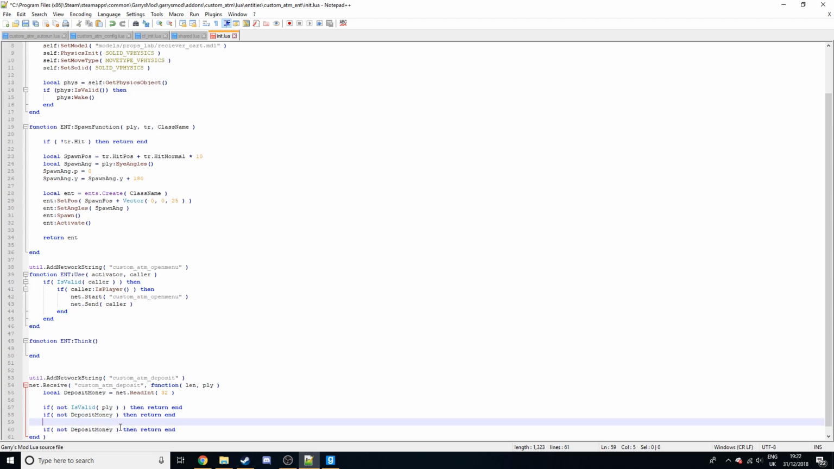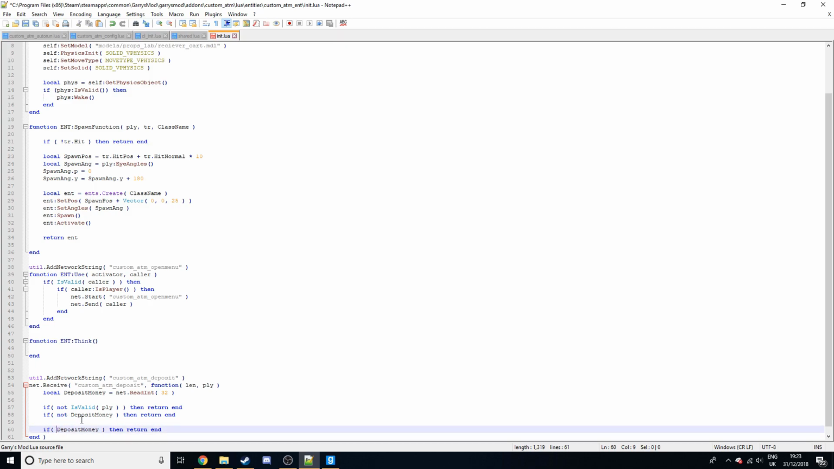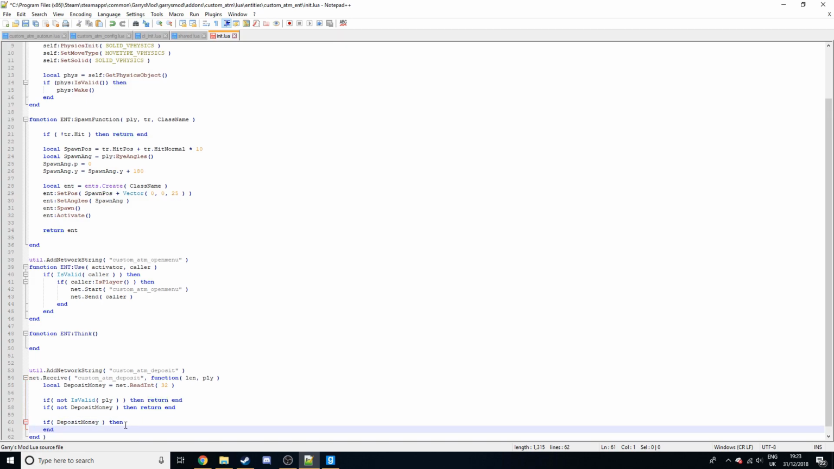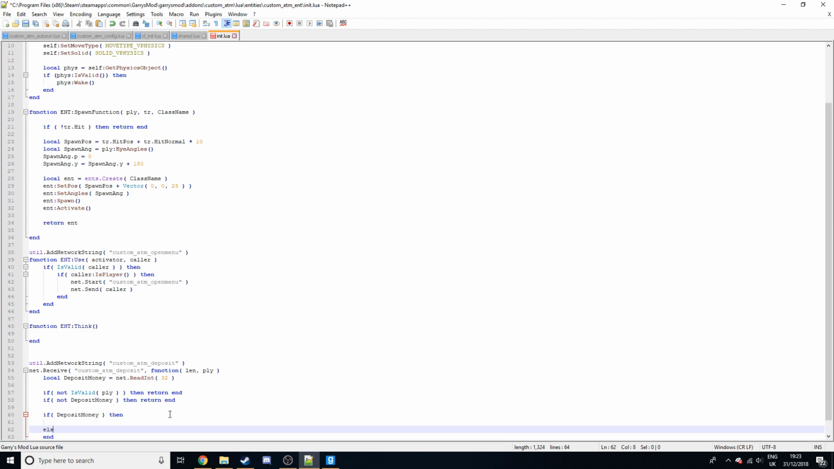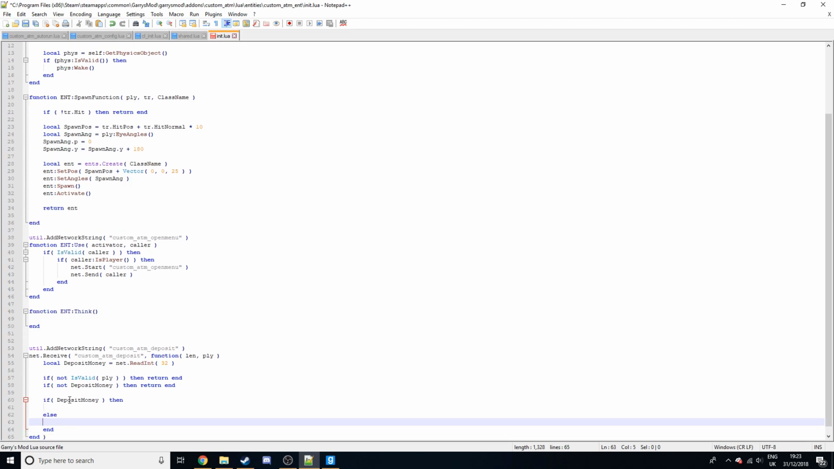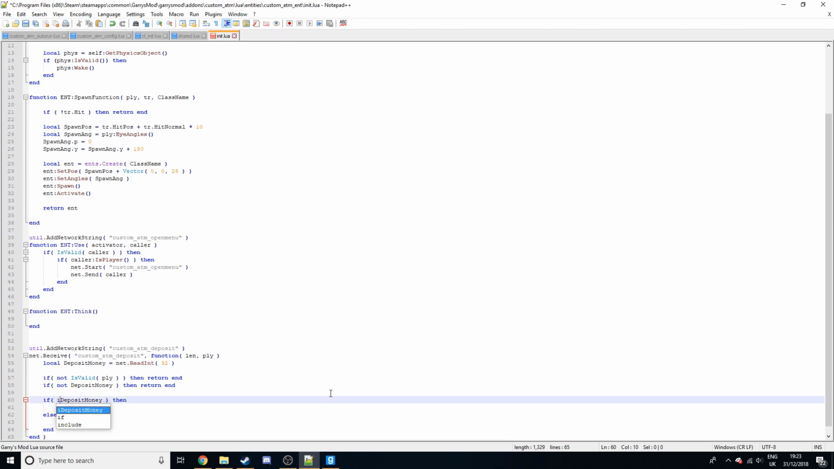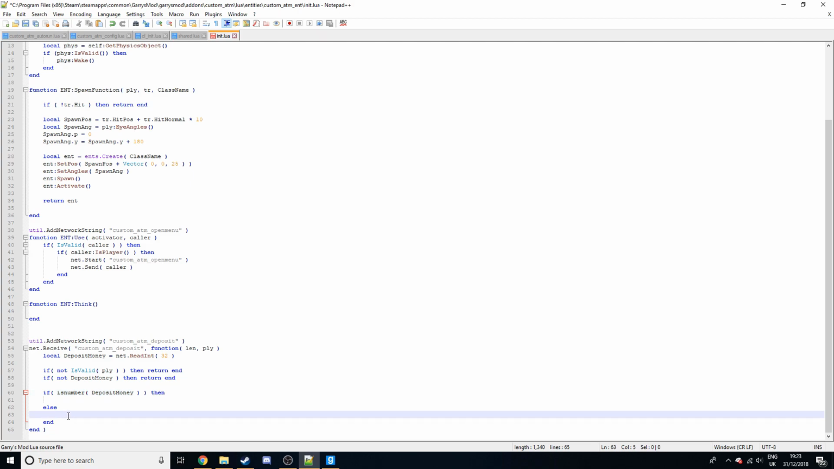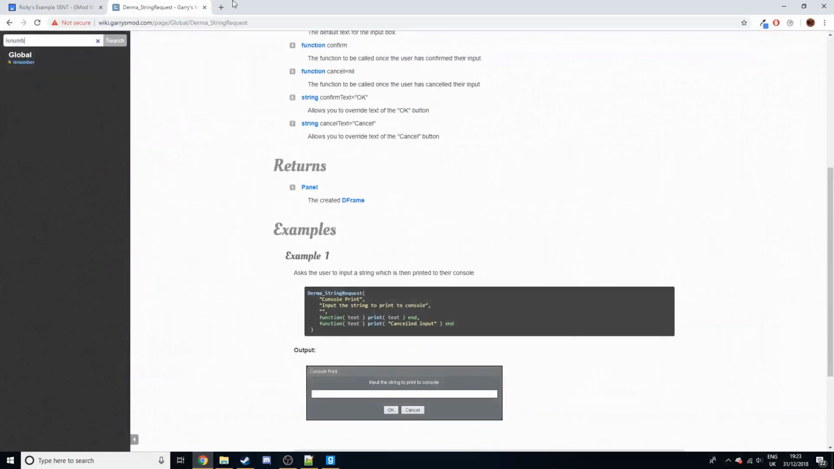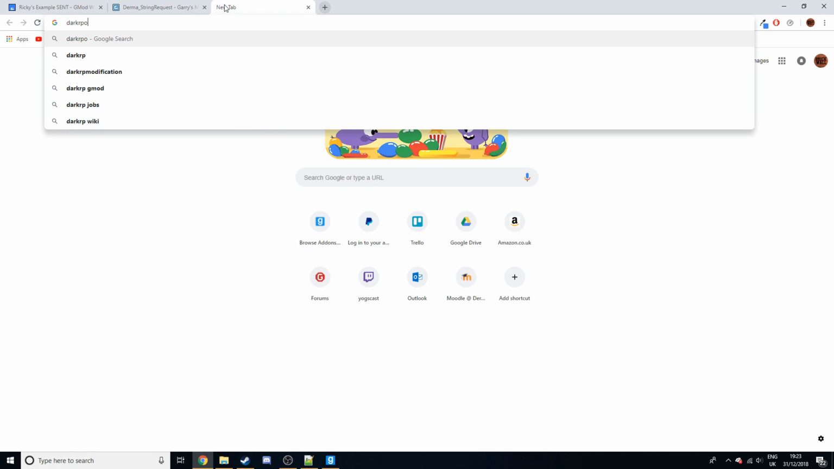Right, okay, and then we can also check, we'll do this downwards because you want them to be notified when this happens. So now we can do else, and basically if depositMoney is number, then do this, and then we'll do that now actually. Right, DarkRP